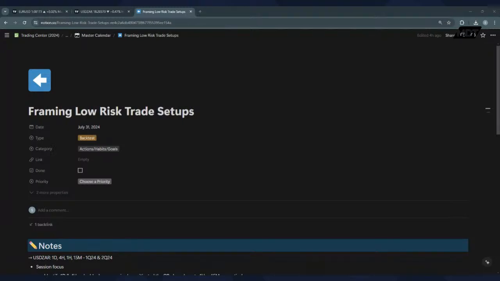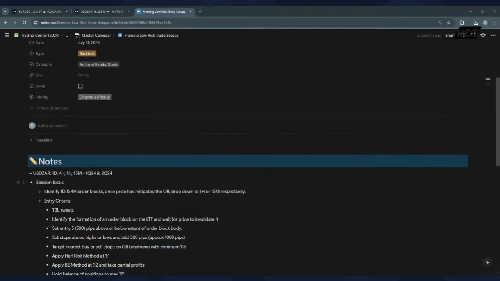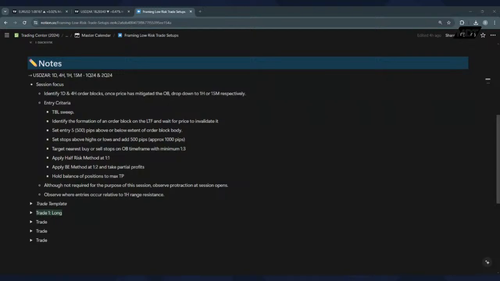And then when I get to the weekend, I obviously would have had multiple backtesting sessions over the week, and then obviously my ASR session on the weekend. And then if there's anything major that I see from any one of those sessions that I feel does need to be changed, then I'll modify that plan accordingly. And so this session, I'll be backtesting USDZAR again. We'll probably continue from a similar point as last week where we ended off.